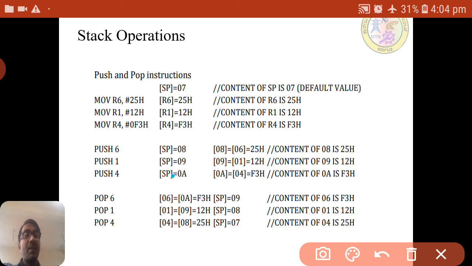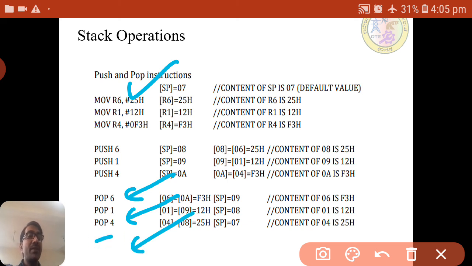The content of A will be moved to the R6 register, then the content of 9 will be moved to the R1 register, then the content of 8 will be moved to the R4 register. So because of that, R4 is nothing but 25.